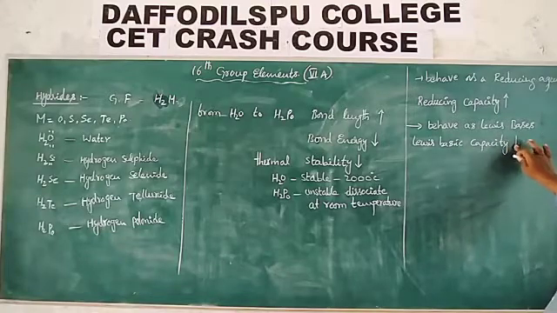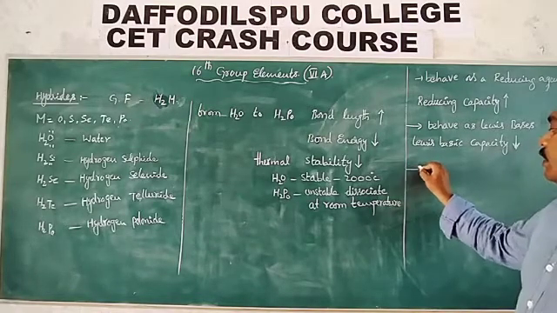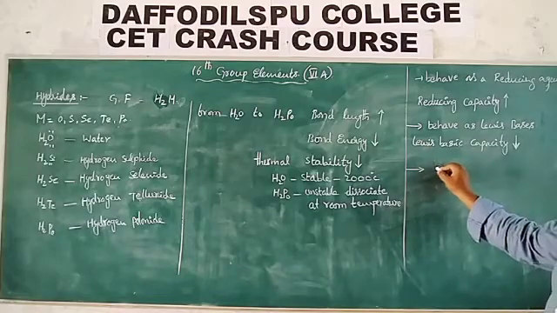The first one is a strong Lewis base. When we move from top to bottom, this Lewis basic capacity slowly decreases. Next one,